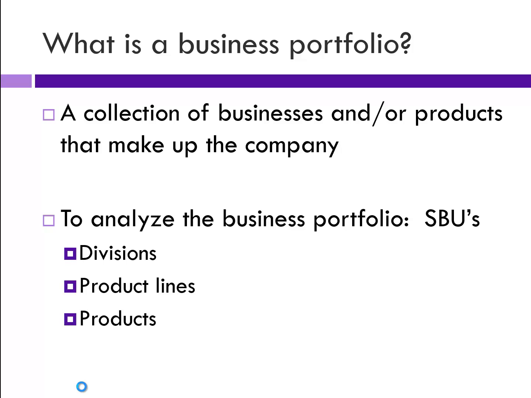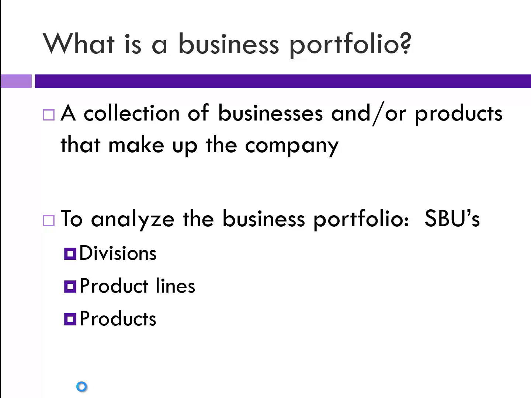Then another division or product line would be the consumer products, where they have the video games and the clothes and the toys. And then they go into other broadcasting companies. They own ESPN and ABC, and so they would look at each one of those as a strategic business unit. And then with each one of those, they'll break it down into the various products. So that's how we analyze the business portfolio.